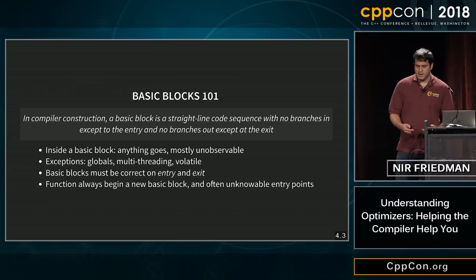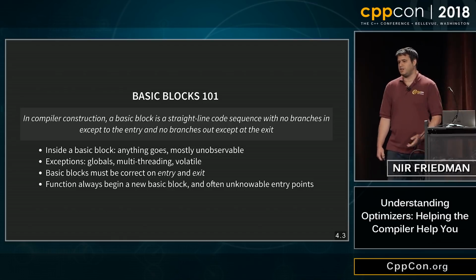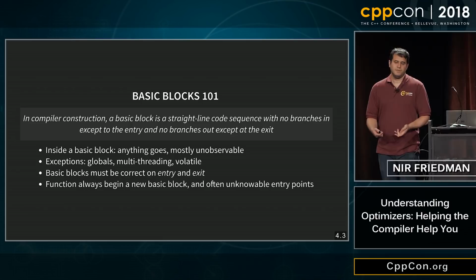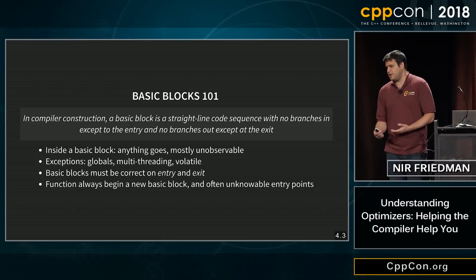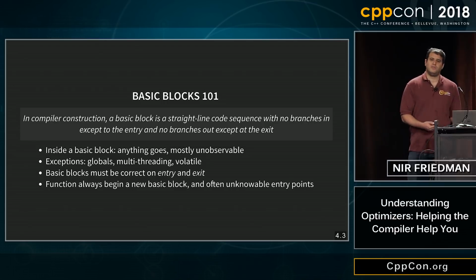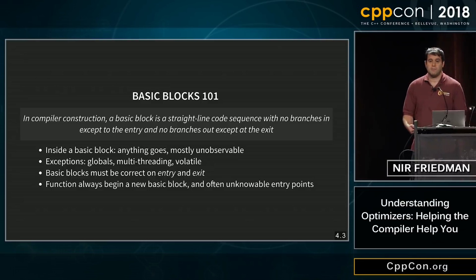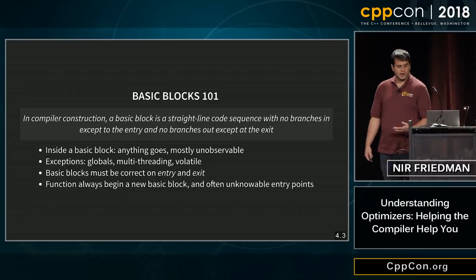But again, one thing to note is that when you call a function that doesn't get inlined, right, it's always the start of a new basic block. And what makes functions tricky is that, especially from the compiler's perspective, without the linker, it doesn't know all the places the function will get called from, right? So it means that functions have to be correct no matter where they're called from. I know that sounds like a really trite observation, but if you actually use that and apply it to the examples you're going to see, you'll actually get some mileage from this really trite observation.